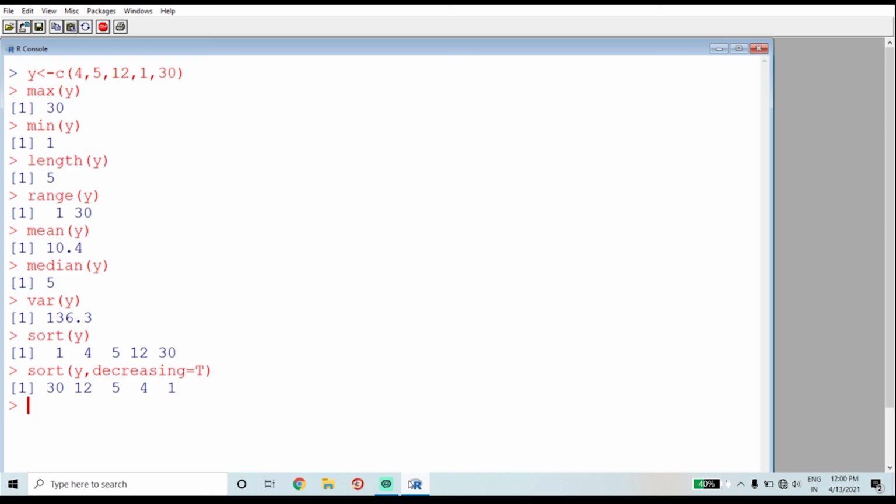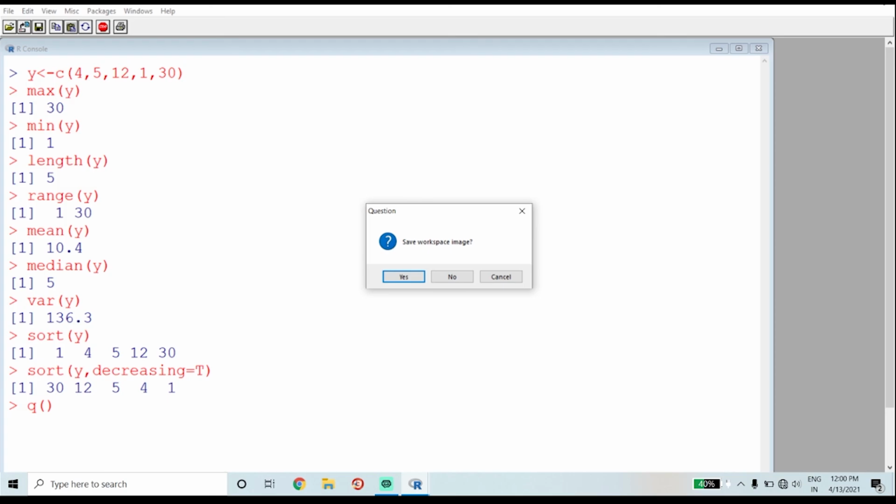And in order to save in workspace of R, when you quit the R session, a dialog box appears asking you whether you want to save this workspace. Just click on yes button, and when you restart R, all the data and variables from the previous session will be available. And in order to retrieve the R commands which you have used previously, just use the up arrow. Okay, thank you.